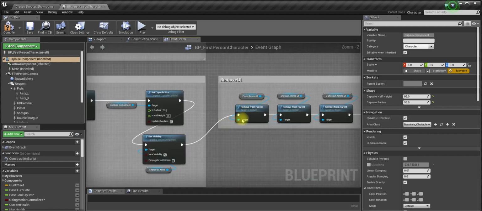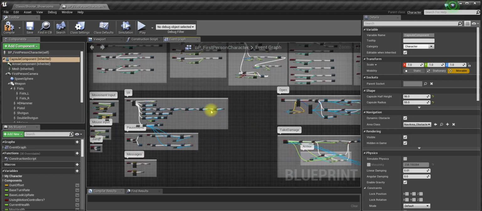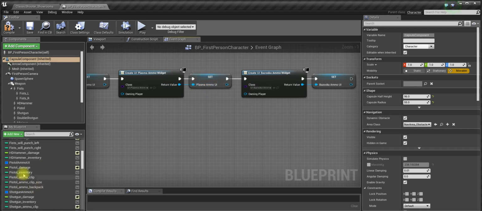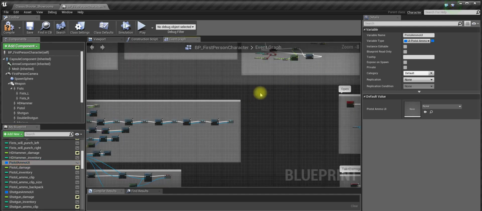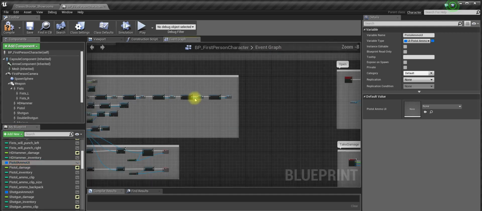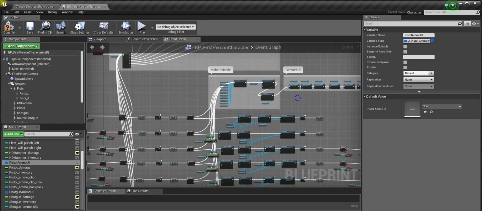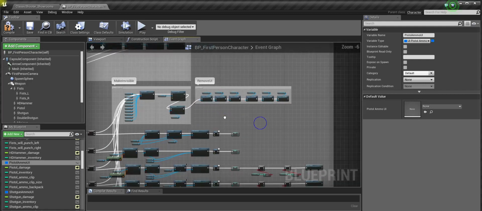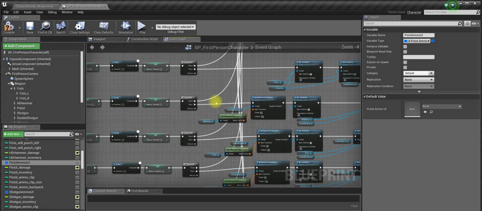So basically the variable that we're doing here, just to make this clear, we are promoting this to variable, so getting this variable, for example pistol ammo UI, is basically just to have a reference there. So it's the same as dragging a line from here to here. So not to do that, we have this variable in this particular case. So we remove all of the UIs, and after we've done that, next,